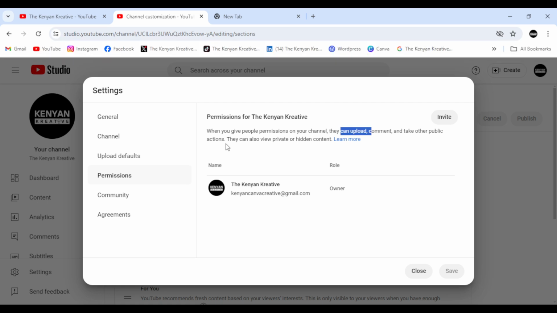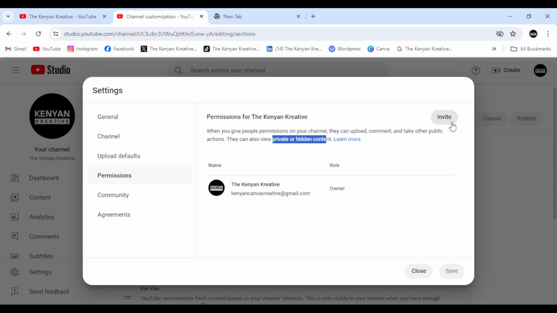They can also view private or hidden content. So in other words, they can see the behind the scenes of your channel, but they don't have access to your email password. All right, so this is a good way of giving people access to your YouTube channel without allowing them to actually use your email